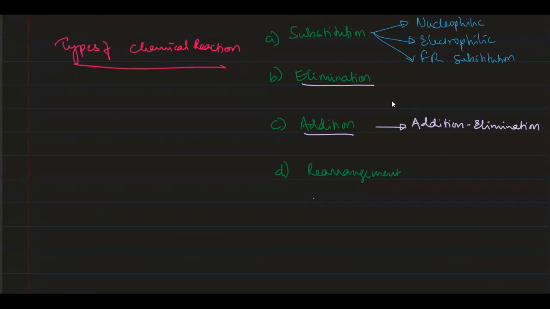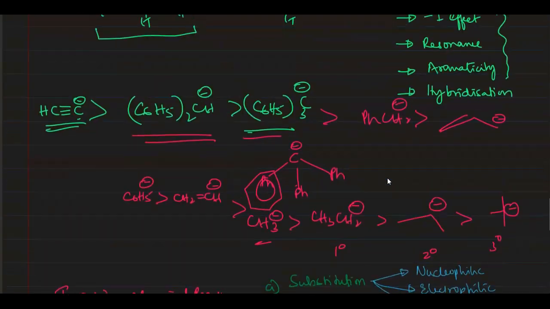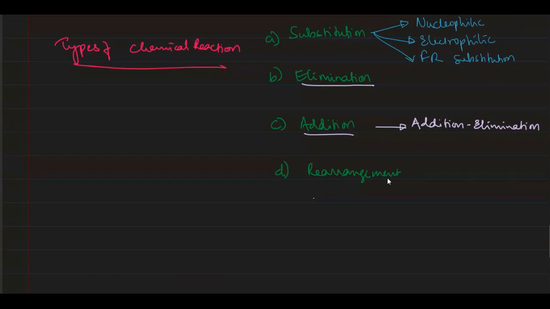Welcome back. We had discussed different aspects of chemical reactions, that is, organic reactions. Substitution, elimination, addition, and rearrangement reactions we have seen. We also had seen different reaction intermediates and their stabilities. Now what we will do is discuss one by one different types of substitution reactions. So, the first type in this substitution reaction is